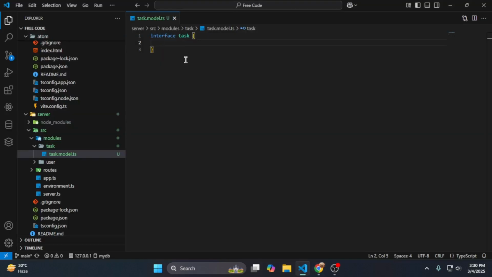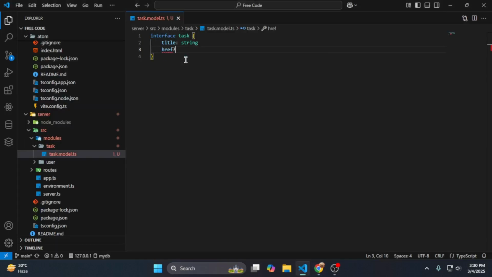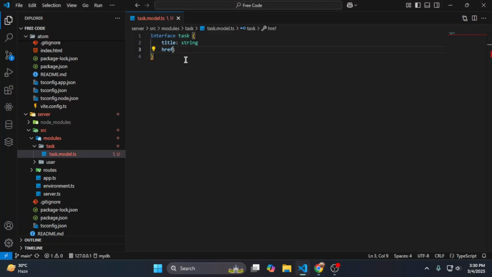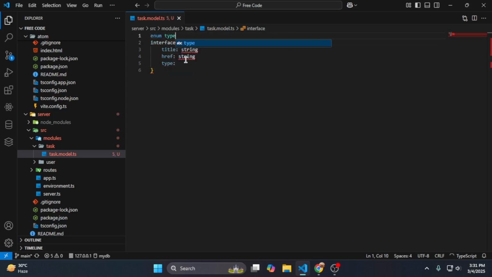Now here I type a title, which is a string, then href, which is the link. Is the link optional? No, that is not an optional thing. It is a string and it is required. Then the next thing we need is the type, and type is an enum. So let me create an enum. The enum is Type, and the enum values are telegram,